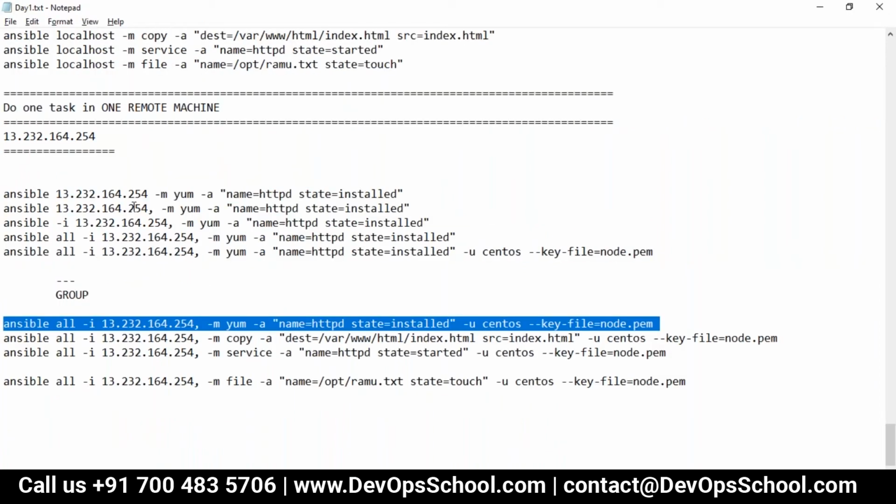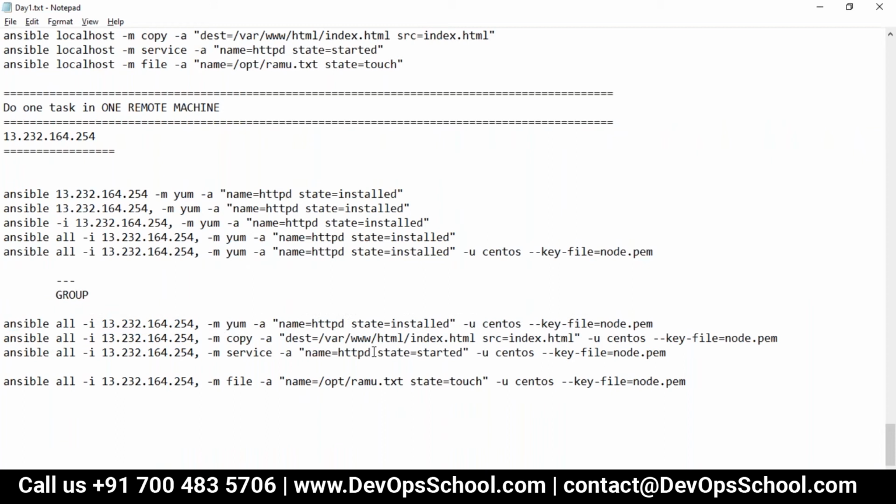Okay, so let me tell you guys what is happening. See here, before making some changes, Ansible is querying whether the package is installed or not. Remember, to query the package, whether installed or not, it does not require permission. Understand that. Here it was querying, not installing.